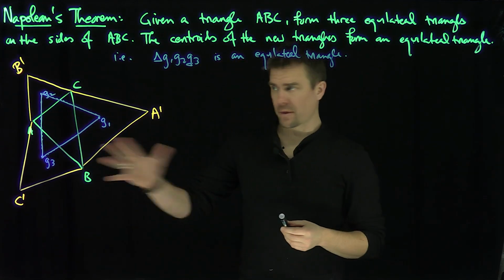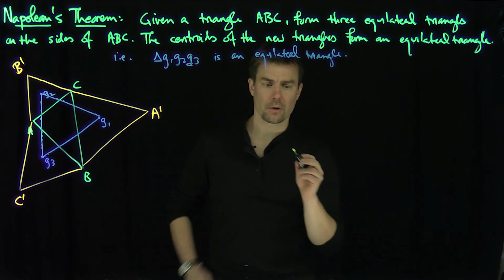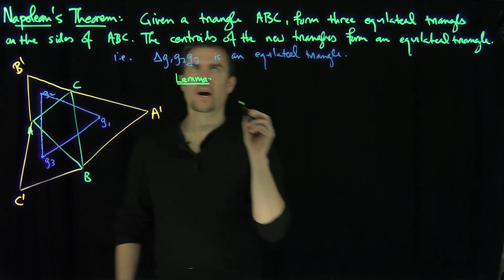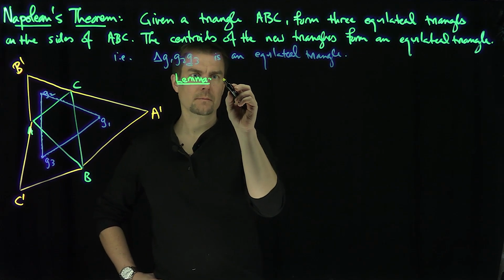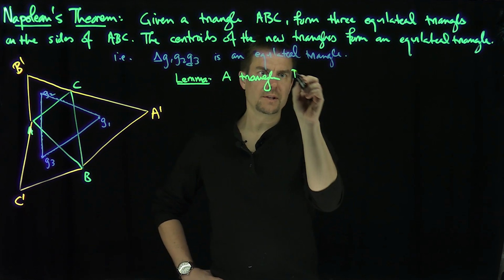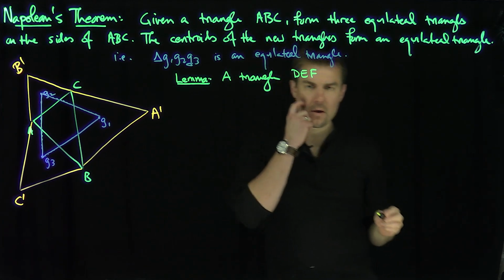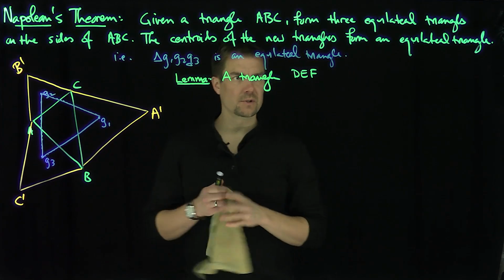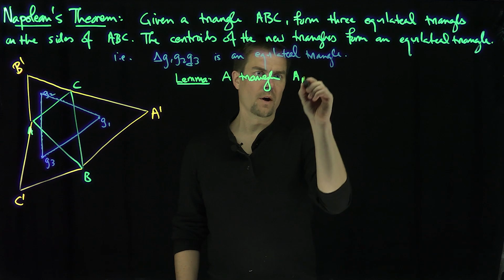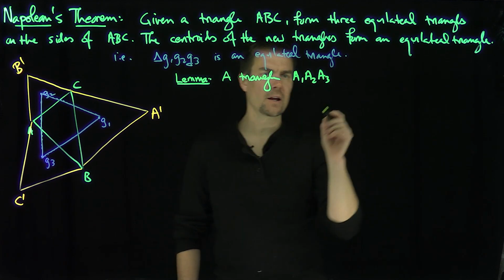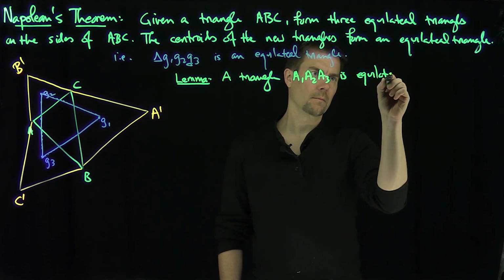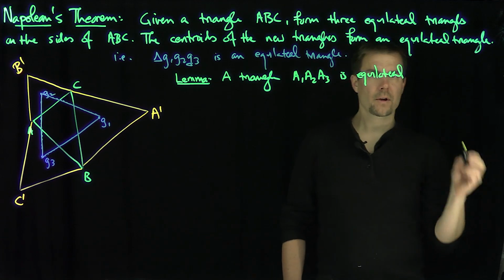So what do I want to do with this? Well, I want to prove a lemma first to make this a little bit easier. So here's my lemma. Let's use some numbers to make our life easier. Let's say a triangle A1, A2, A3 is equilateral if and only if